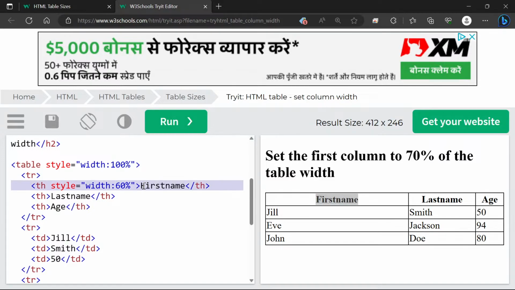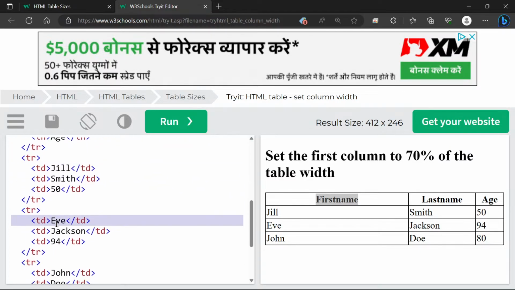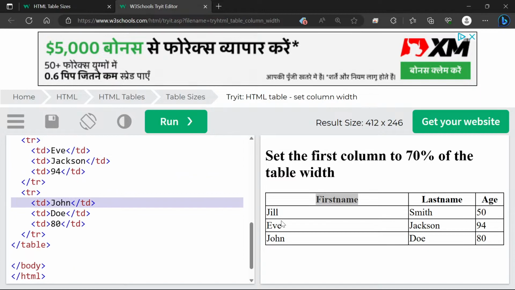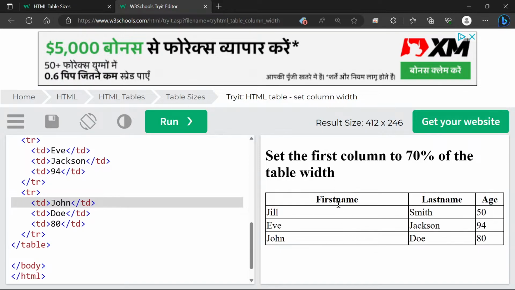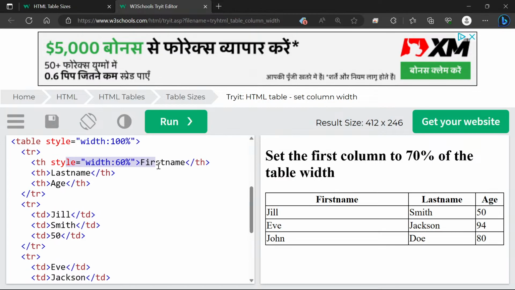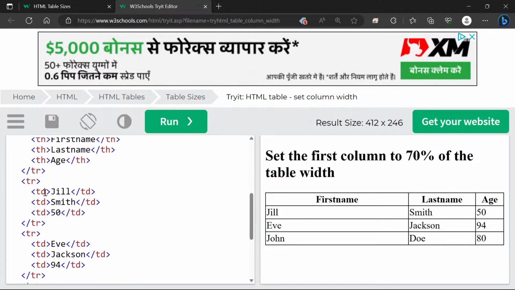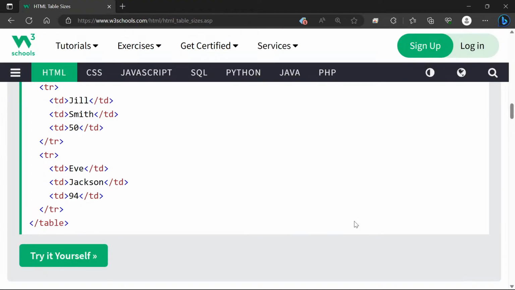But the entire column, which is this table heading, this table data, this is table data, and this join table data, because they are in the first column, right? And a column is the vertical thing and a row is the horizontal thing, and we are saying column, so this is vertical, and it will take whatever width we have applied to the very first column. Let's say you do not apply it here, but you want to apply it for ZIL, then also it will consider it, and all columns will adjust accordingly, since they are in the one column only. Okay,